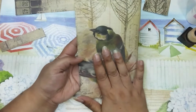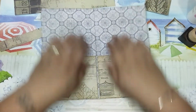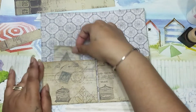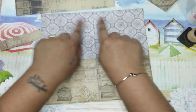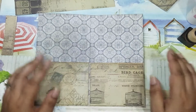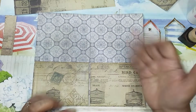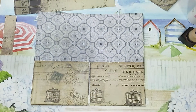So this is going to be the cover. The back is going to be plain. We have the inside, and we have the two little pockets on the inside. So of course, we're going to be putting things here. I'm not going to do anything back here, maybe. Then again, this is Tim Holtz, and I do have a lot of Tim Holtz ephemera. So maybe a butterfly or a flower or something. Well, I'm not really sure. You know what? Let's not be so decisive. Let me just...